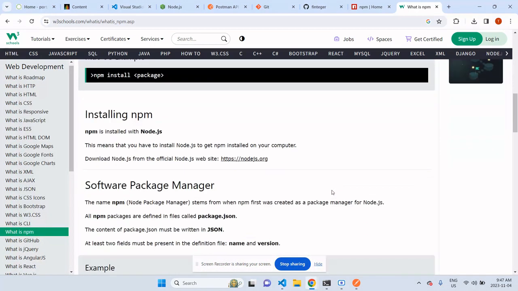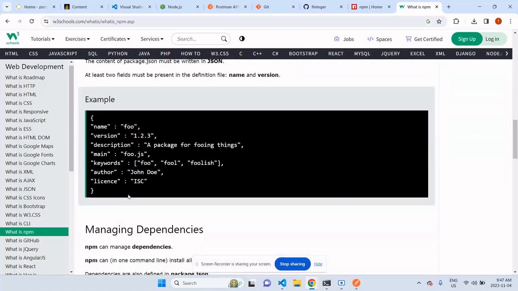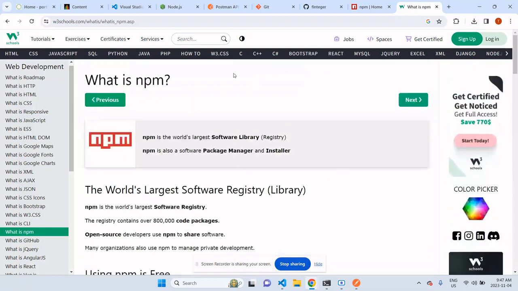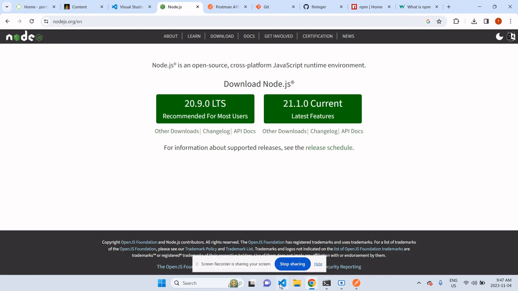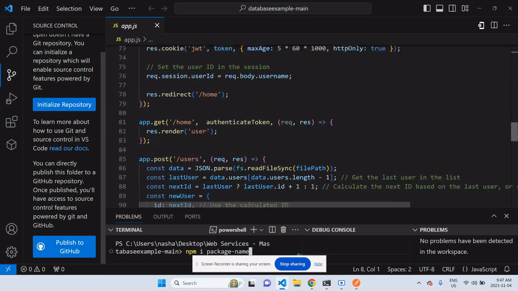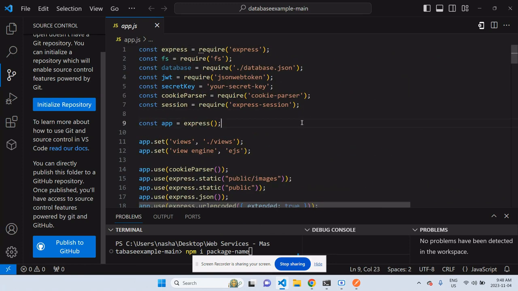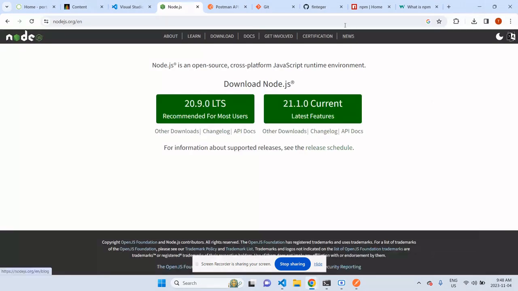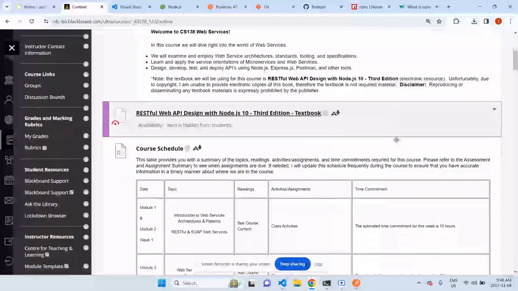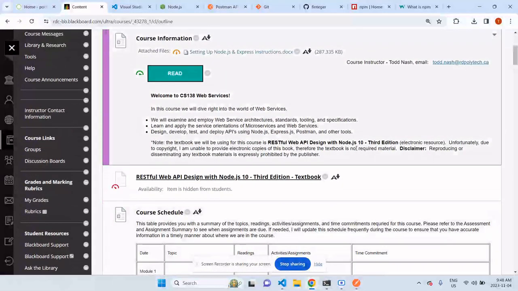It's a way for developers to share their code and manage their dependencies. Okay, so NPM, definitely a tool we'll be using to install the many different dependencies that are needed for a Node.js API or a web service. Okay. All right. So that pretty much sums up the tooling for the web services course as far as development